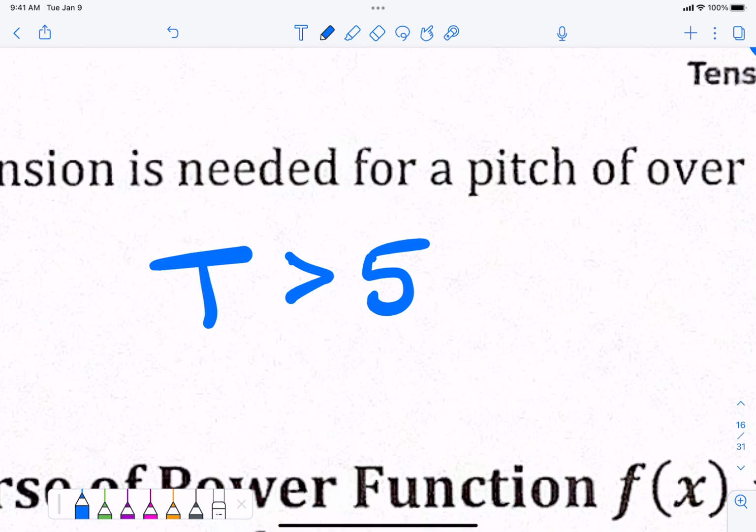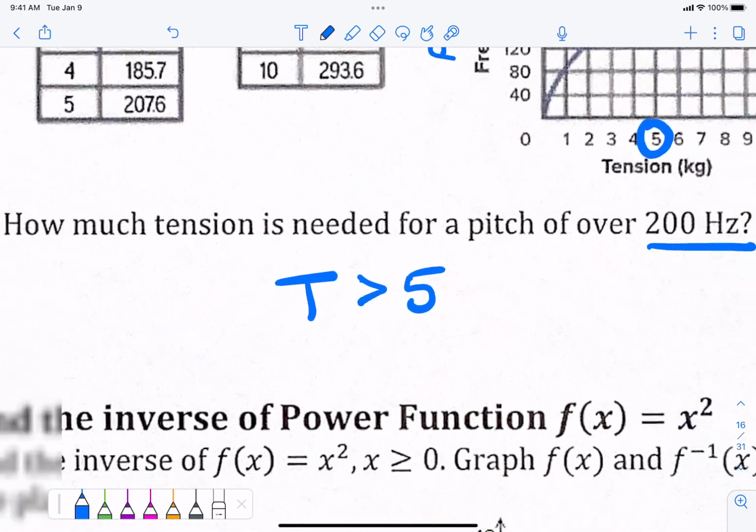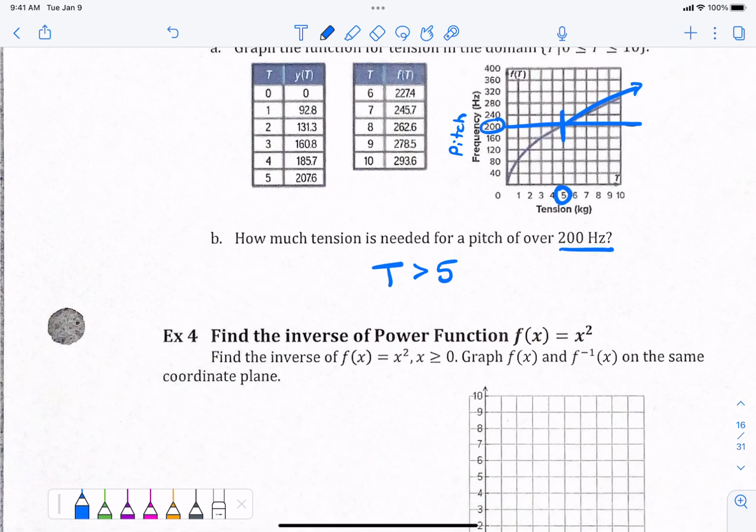I want over 200. Little specifics. It's fine. Okay? T is greater than 5. Got it? Okay, now, this last problem is the whole reason why we're even learning what square root functions look